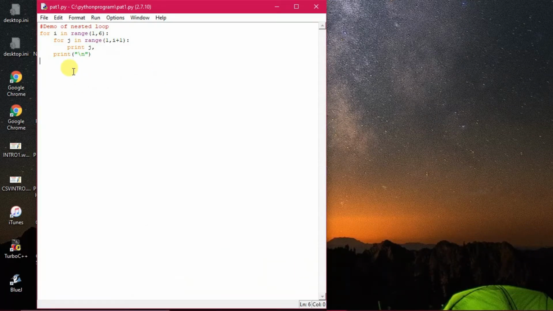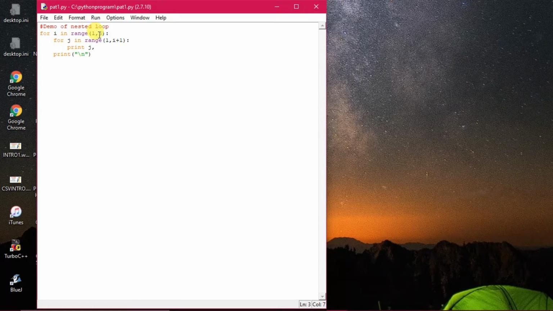Now you see here the two loops have been used where the for loop have been introduced. This is called outer for loop and this is called inner for loop. So inner for loop has to complete this execution, then the next rotation of the outer loop will begin. So in this way the nested loop executes. All right, now it has been given 1 to 6. The outer loop has been given the range 1 to 6. Within this range it will run.